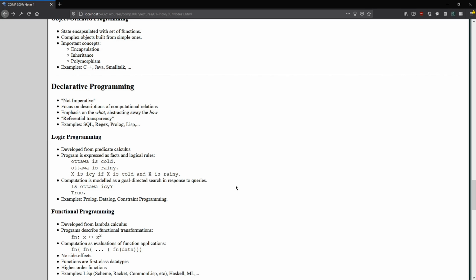So the general intent of a declarative paradigm language is to focus on describing the outcomes of what one wants, not the process of how to get there. Okay, so the program doesn't describe the sequence of variable mutations. Instead, it describes what the end result of all of that should be. So the programmer's job is to describe the what in terms of the domain, and the how is left to